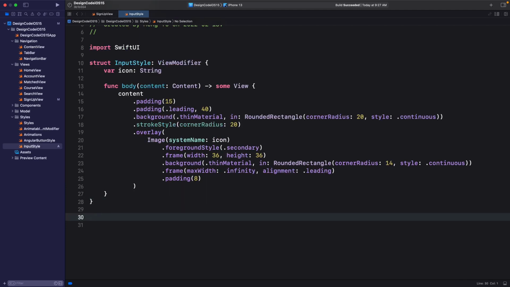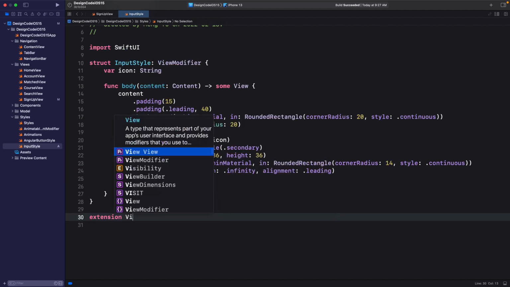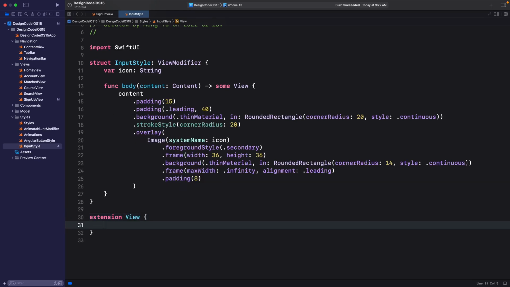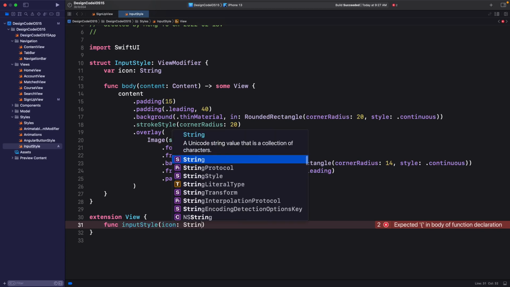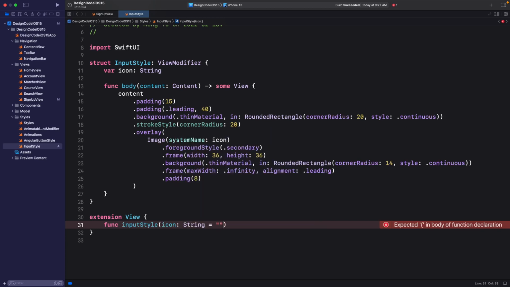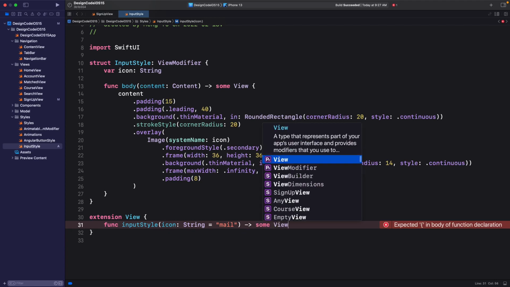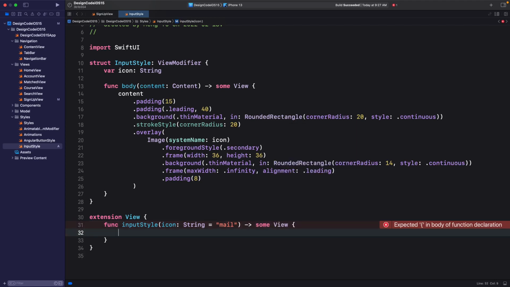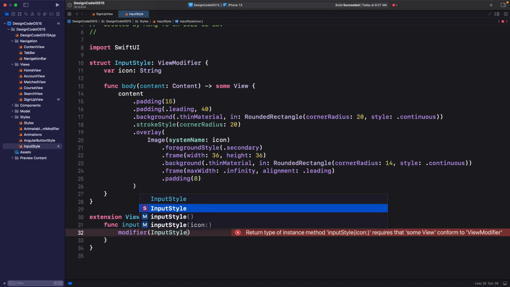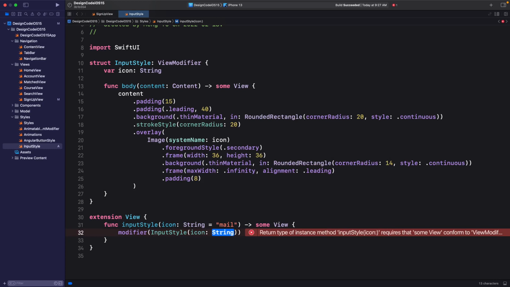So at the end, we're going to type extension View, curly braces, func inputStyle, which is the custom name for the dot notation. And this is a function that is going to receive icon of type String. Then we'll have a default value so that we don't need to enter it if we choose to. So male, then return some View, curly braces. Now we can use the modifier by calling InputStyle with capital I, parentheses, then we're going to pass the